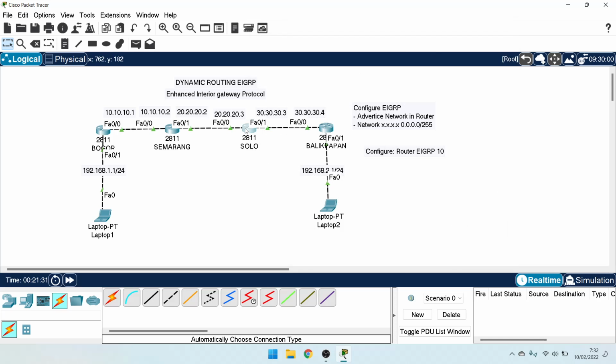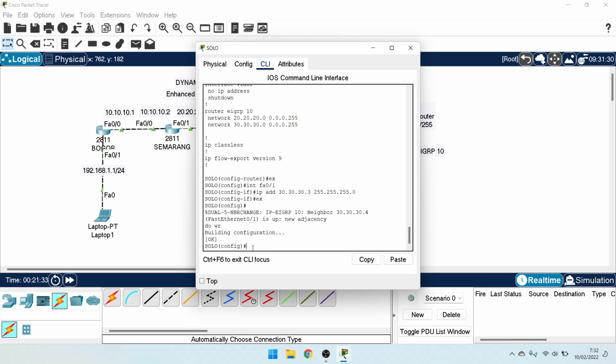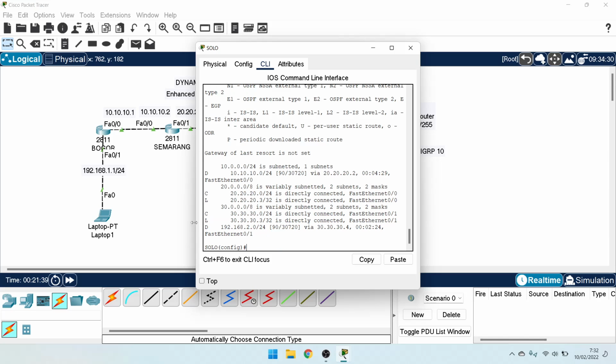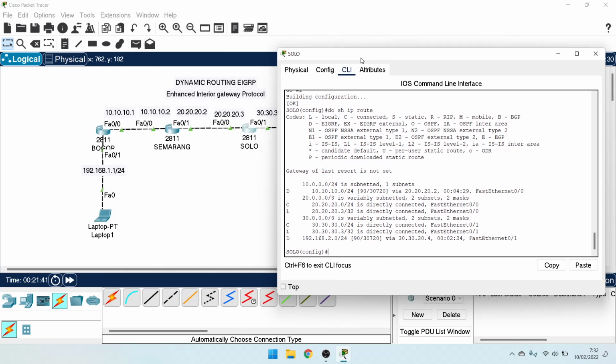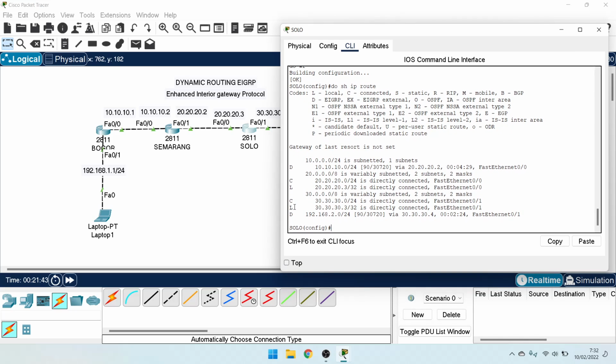And router Solo, do show ip route. Okay, in router Solo there is flag D again. The EIGRP routing table has network 2 and network 10. Okay.